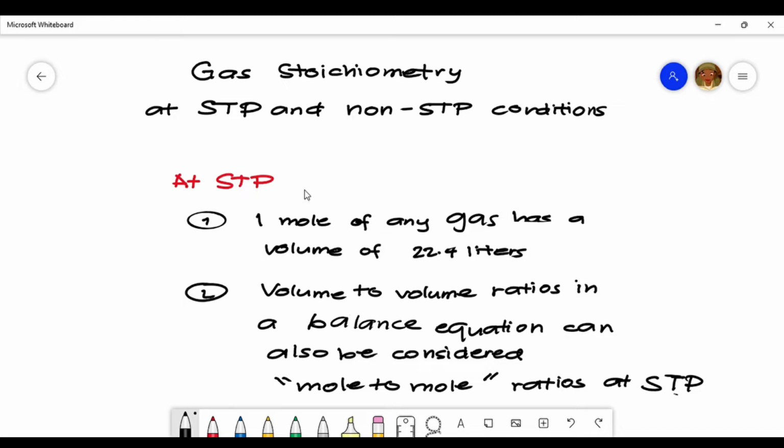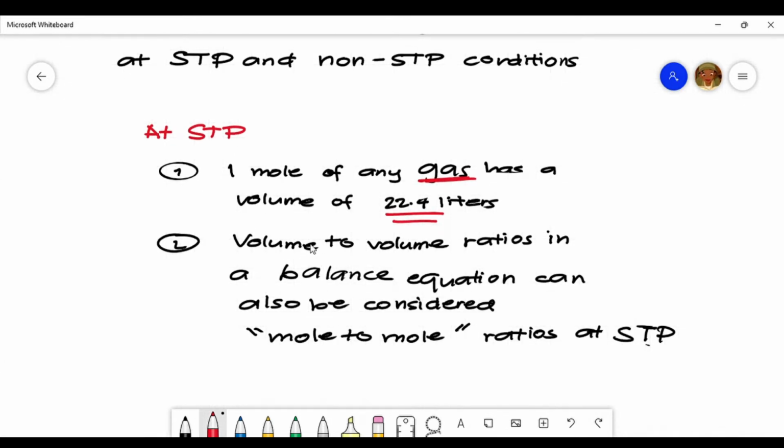For problems at STP conditions, we have to take note that 1 mole of any gas has a volume of 22.4 liters. So in every mole of a given gas, the volume is fixed at 22.4 liters. The second note we want to look at is that volume to volume ratios in a balanced equation